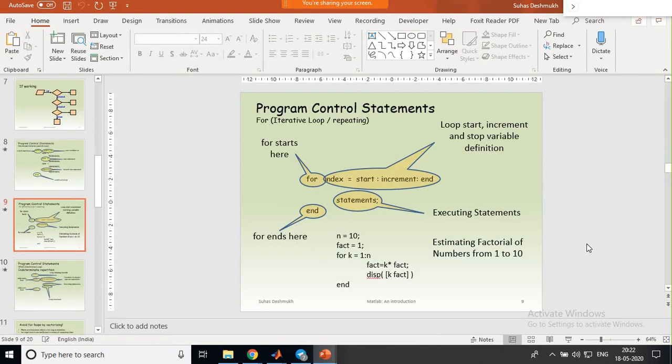So next is looping. There are two types of statements: one is the if else type of condition, another is the switch. We'll discuss that switch later on, but we'll first look at how to do one thing repetitively. That is what looping is. There are two types of loops. One is where we have a fixed number of iterations, and another is where you decide the number of iterations based on a certain condition. That is called a while loop.